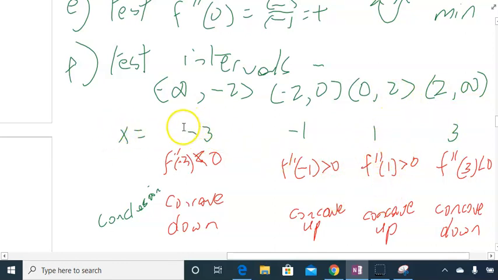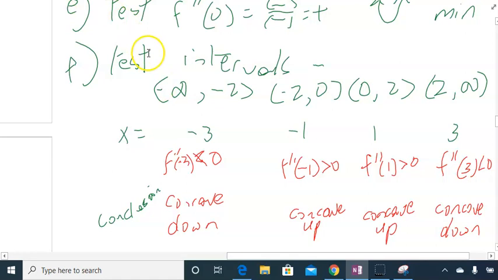So we choose test points x equals -3, -1, 1, and 3, and then take your second derivative there in these places. If you take the second derivative at -3, you find that we get a negative number, so it's concave down. And as noted, f double prime of -1 will be positive, so it's concave up. f double prime at 1 will be positive, so it's concave up. And f double prime at 3 will be negative, so it's concave down. So that concludes our